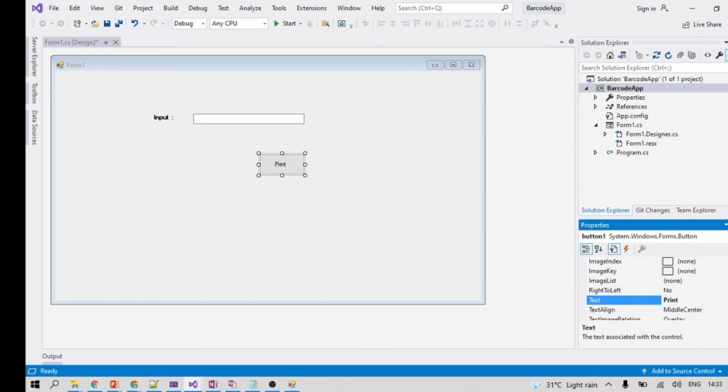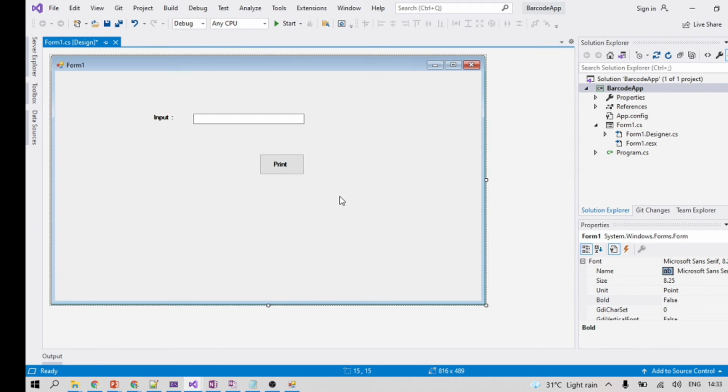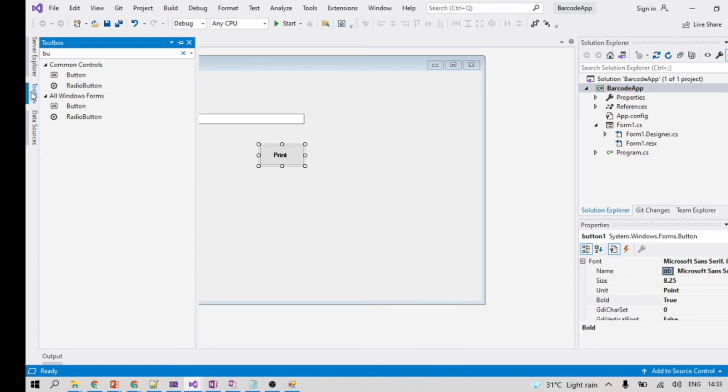It is print now. I'm also making it bold. The print button is here. We will hit print here, and after that we will take one more label.